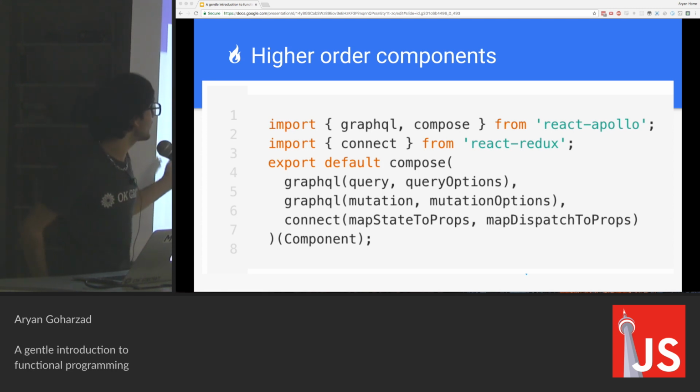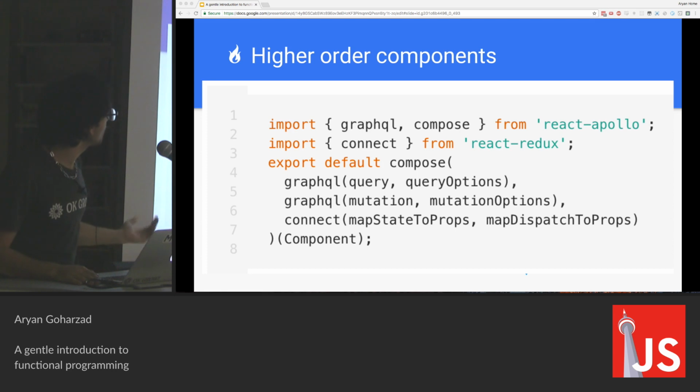If we didn't have compose, we could still do the same thing, but then it would look very ugly. You would have to wrap each of these functions inside of each other, and it would be a lot harder to read, write, or maintain in the future.